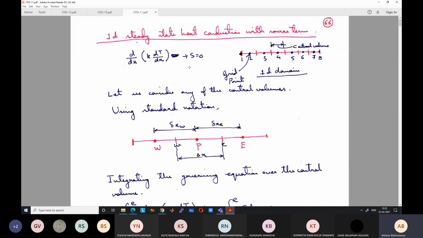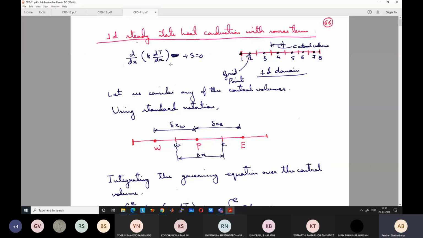So what we have discussed is that we started with a very simple example, 1D steady state heat conduction with source term. Our aim is first to find the finite volume discretized equation for this simple equation. This is a representative equation where we have a diffusive term. The conductive term here is the diffusive term, and we have a source term. Other equations will also have similar terms. For example, if there is a chemical reaction, the concentration term, there will be a diffusion term and a source term. Similarly, this is equivalent to the viscous term in fluid flow and some source term.